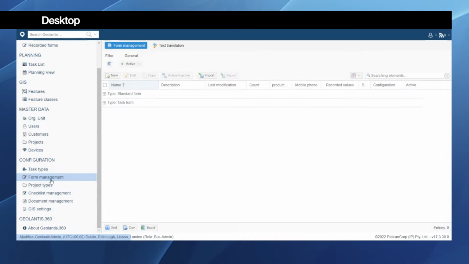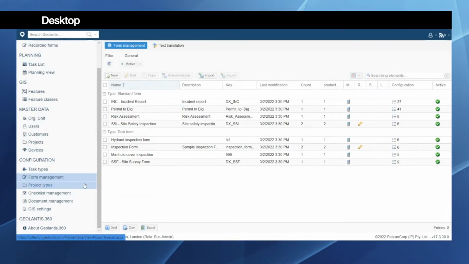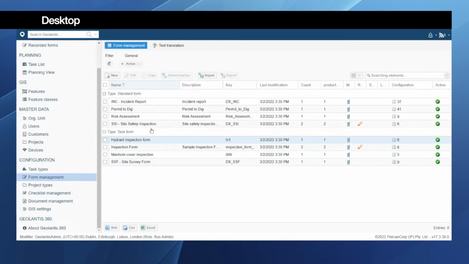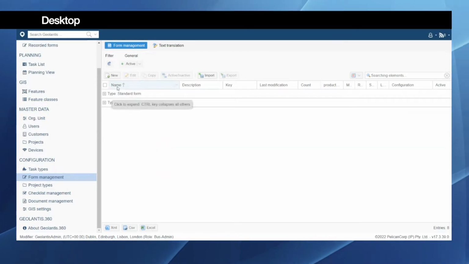So to start creating or editing forms, we need to go to the form management page, which is located here under the configuration section. Please make sure that you have the correct license to be able to use the form management page. It could be the case that it's not available for users with limited access, depending on the given license or subscription. So, as we can see, we have a few preloaded templates, and we will start by explaining what options